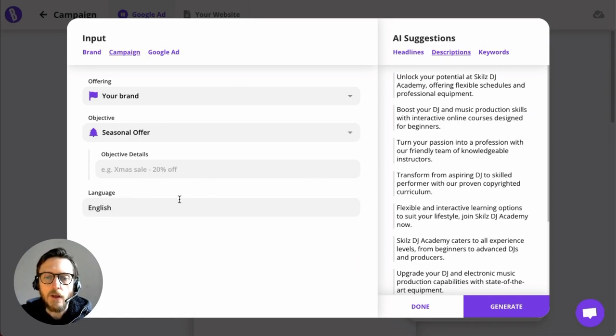So you could put Christmas sale, for example, and the AI would try to put this into the output that it generates. Of course, we also have the option to change your output language. By default, it is always the language of the website that you scanned, which makes good sense and is best practice. Of course, you should always try to advertise in the language that your users also see when they click your ad. But if for some reason we got it wrong, or you have a very special reason to change the language, you can do that here.